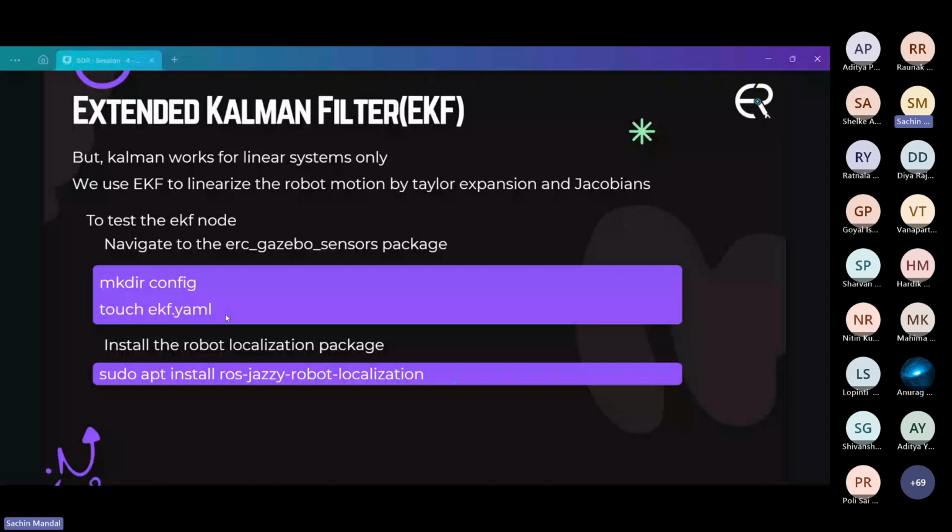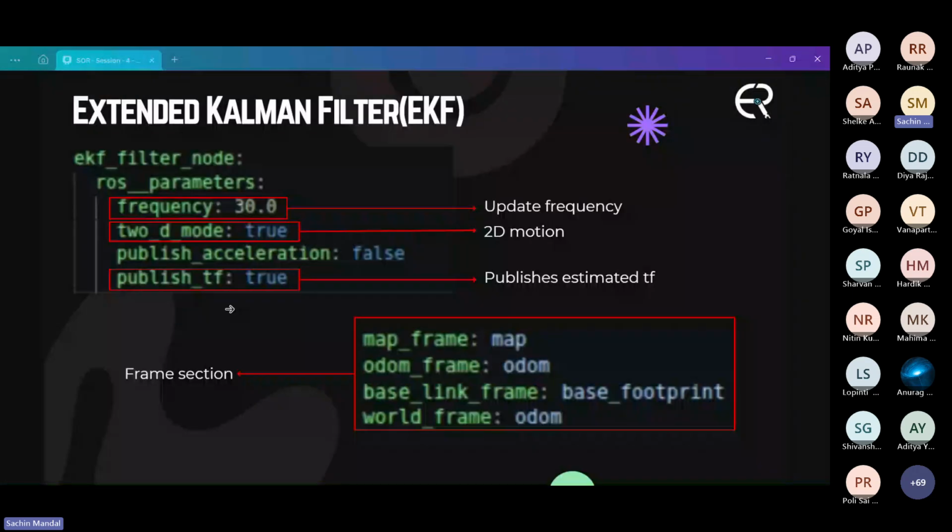Here, firstly we will add the update frequency and turn on 2D mode for the frame. Transform is set to true, as we want EKF to publish that filtered transform data. But we'll keep the publish transformation false, to use our sensors only for acceleration data. Now coming to the frame section, we have the map frame set to map, which is the global frame and corrected using localization. The odom frame is the robot odom frame generated from wheel encoder data. Base link frame is the base footprint, which acts as the robot frame to keep it stable, not jittering like base link. Finally, world frame is the odom because we want to publish that filtered pose in our odom frame.